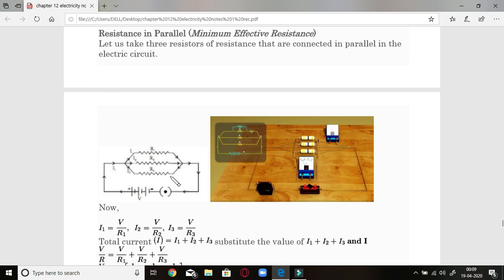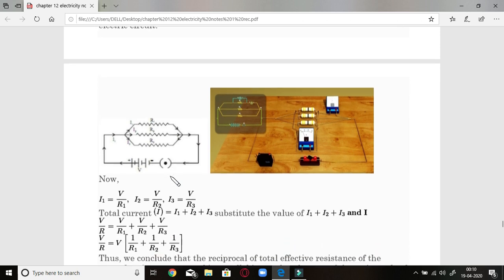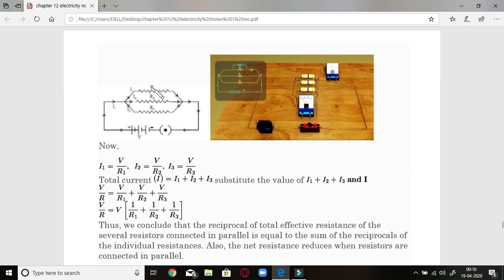Now if you look at the diagrammatic structure, you can see here resistance 1, 2 and 3, all of them in parallel, so that when current is passing through here, this current will divide into three parts depending on the resistances. Less resistance will consume more current, more resistance will consume less current, but of course their total value will always remain the same, so current will be distributed in all the three parts.